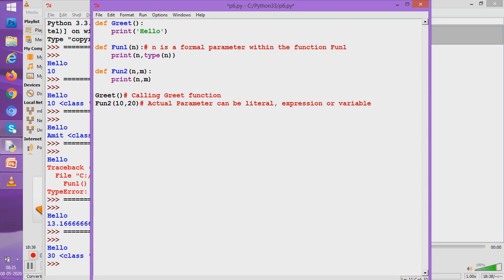Students, it is all first come first serve. The first parameter is going to take the first value and the second parameter is going to take the second value. What does it mean? It means that n is going to take 10 and m is going to take 20. So let us test it out.